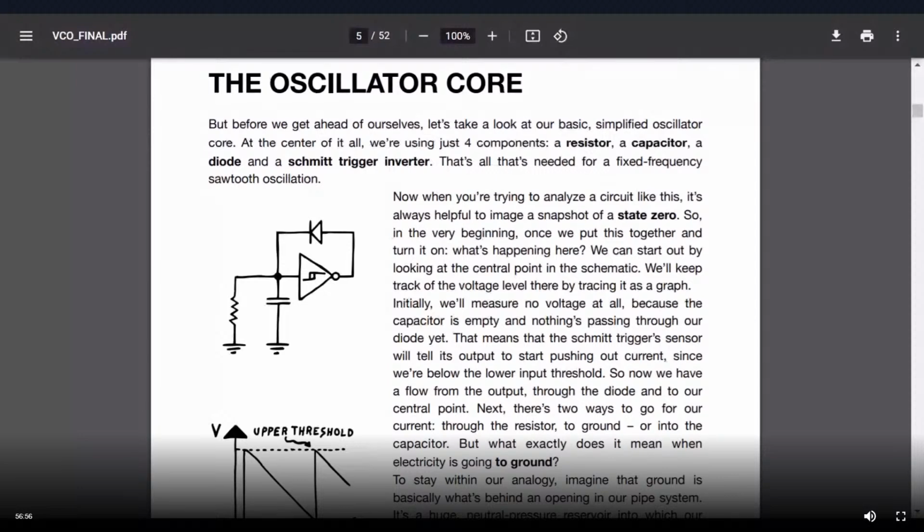So because there's no voltage at all because the capacitor is empty and nothing's passing through the diode yet, that means that the Schmitt trigger, the sensor, will tell its output to start pushing out current. I don't know anything about a Schmitt trigger, but that apparently is what it does. Since we're below the lower input threshold, now we have a flow from the output. So the big triangle with a circle on the front is pushing out current, and it's going up round the corner through the diode, and then it comes to that dot in the middle,